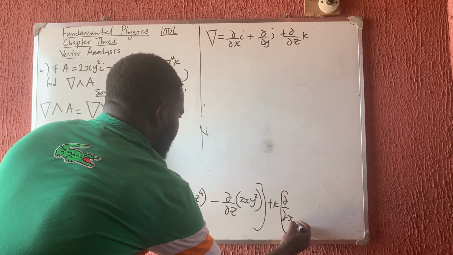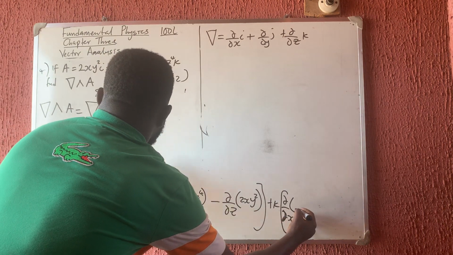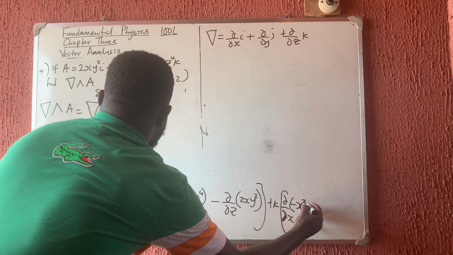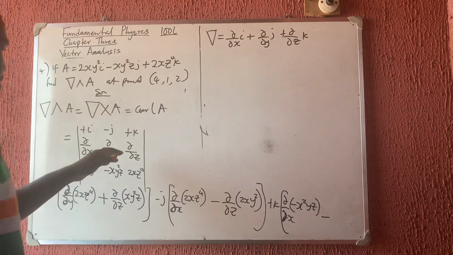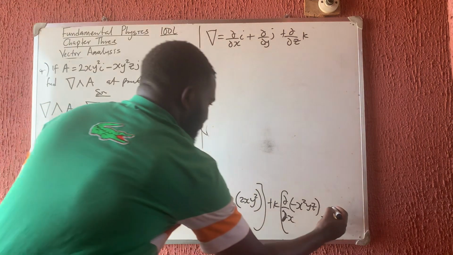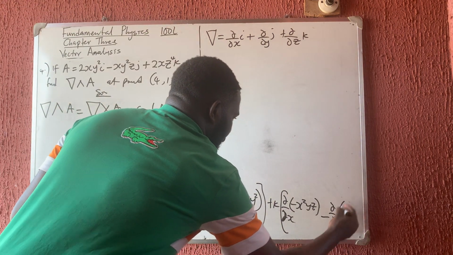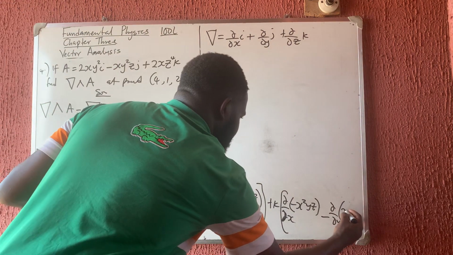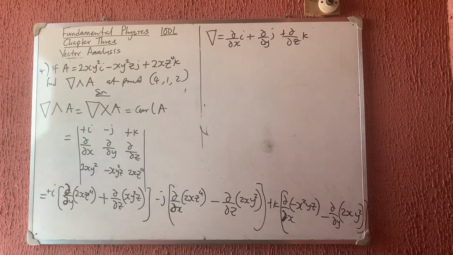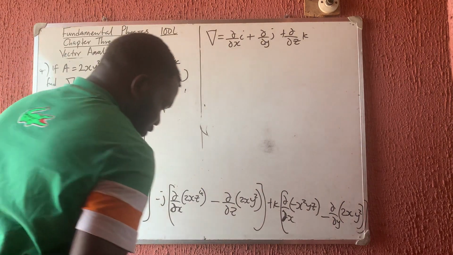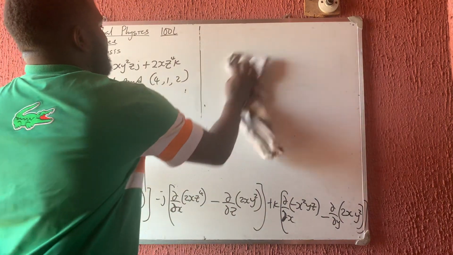I have partial x of my minus x squared yz, okay, then minus, I'm covering here, so partial y of these people now, that is 2xy squared. You close. Okay, so now having this, let me tell you the meaning of partial. Partial means